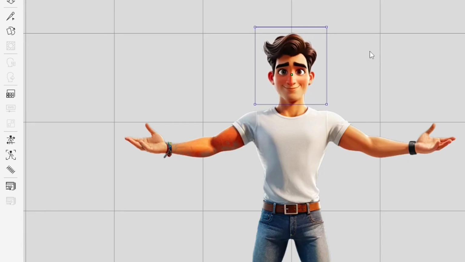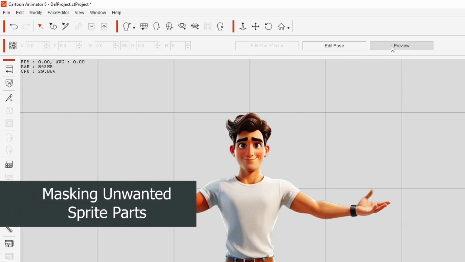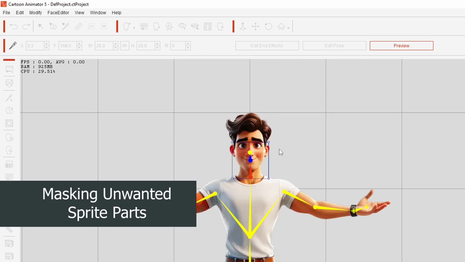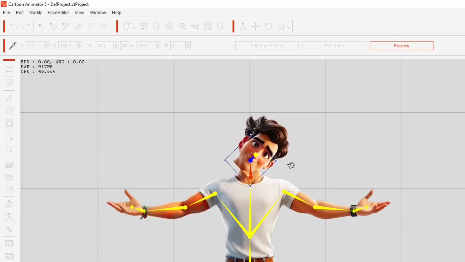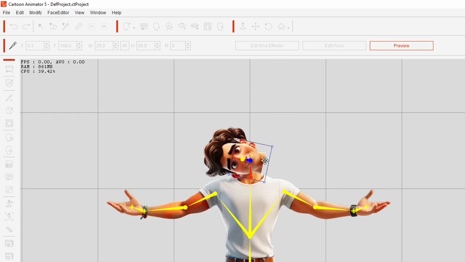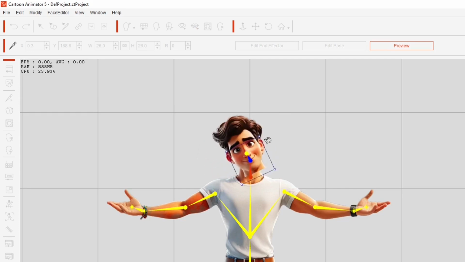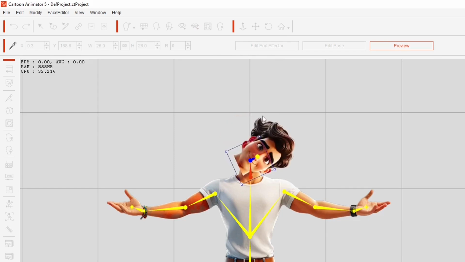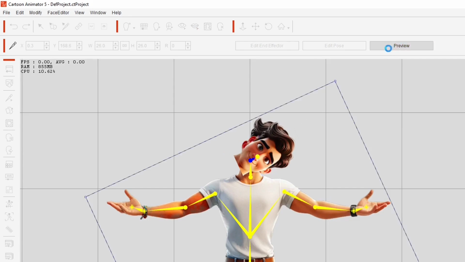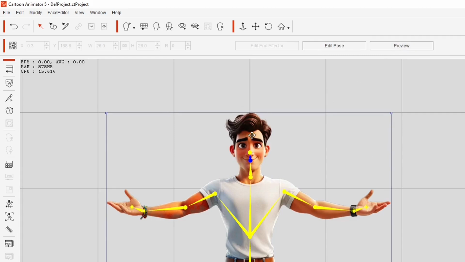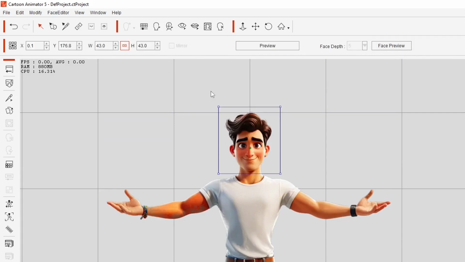Okay, first thing we're going to look at is taking a preview of the character, and you'll see if we move the head at the moment, we've got this neck on the bottom of our head that we don't want, and we can also still see the head from the original body sprite behind here, so we've got to fix those two things up. We'll stop previewing it, we'll make sure we've got the head selected, and we're going to remove this neck section